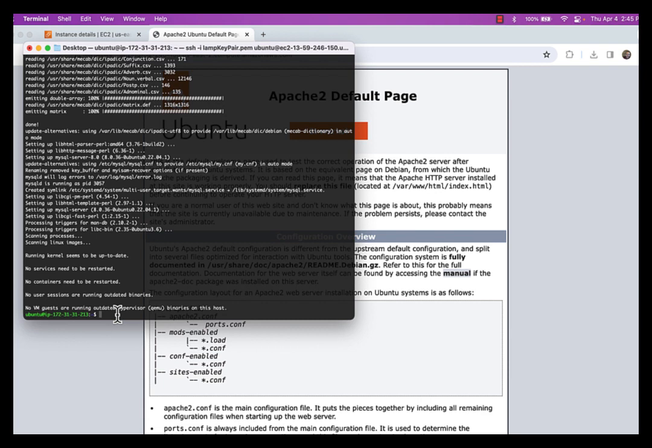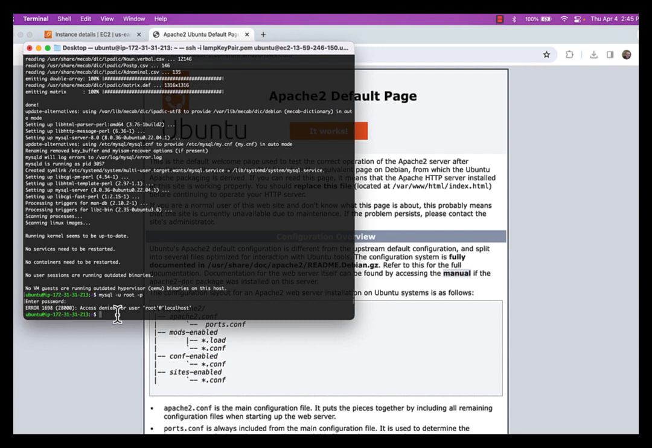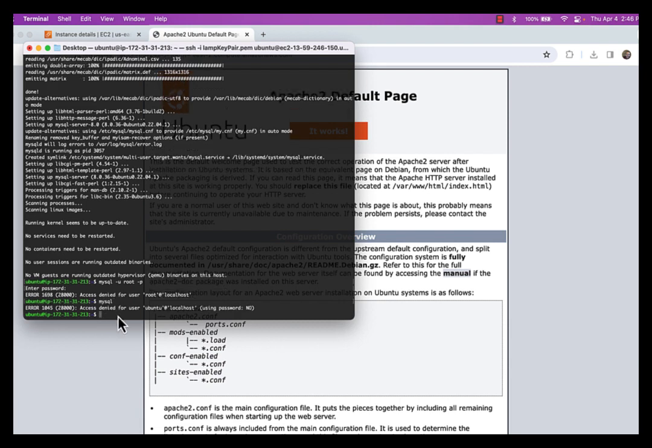Okay, so it looks like MySQL is up and running. So I want to connect to MySQL, and the way I'm going to do that is mysql -u root with no password. I'm just going to use an empty password. Oh, and I can't remember the default password. I'm just going to go ahead and pause the video for a